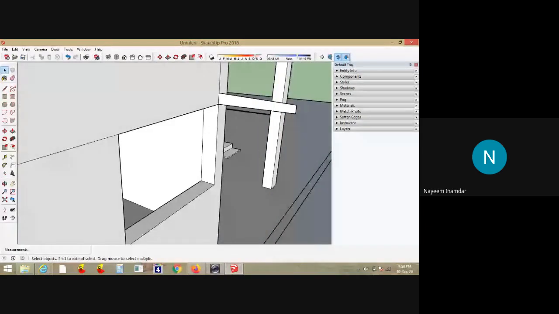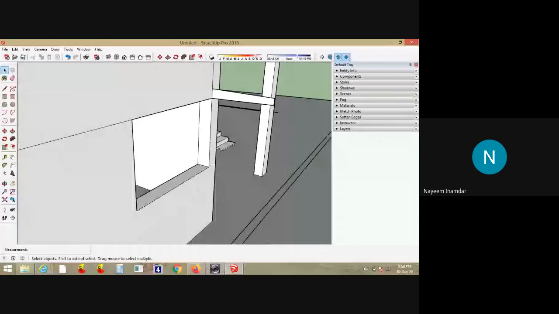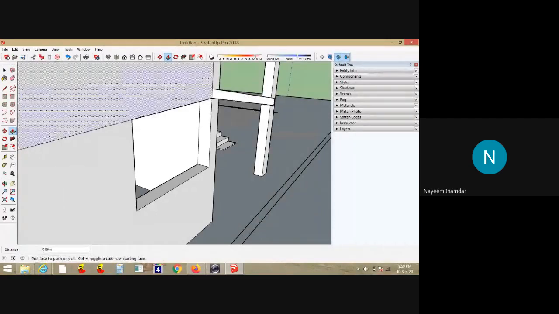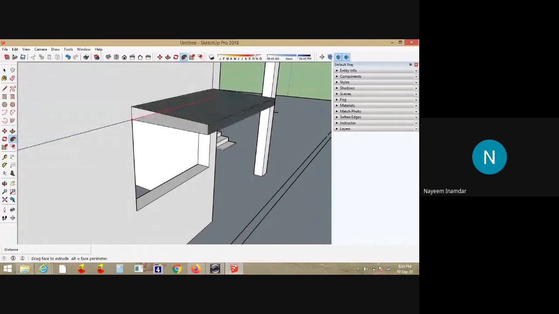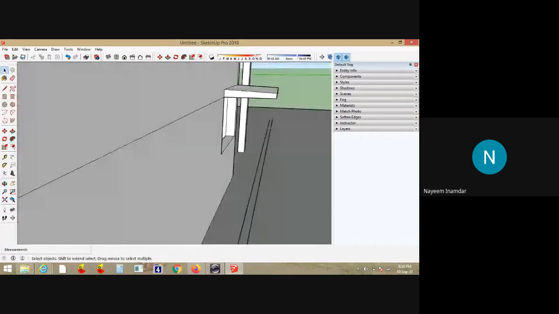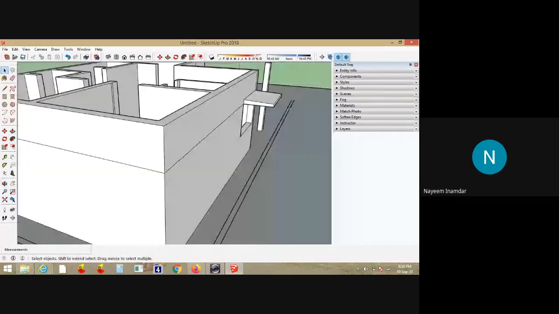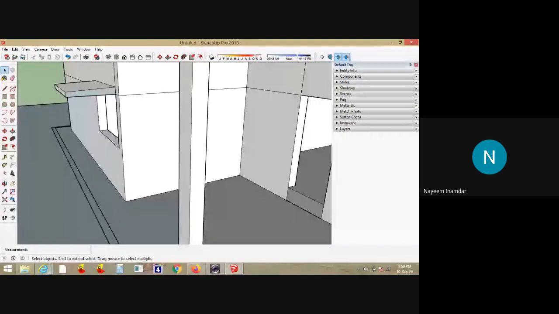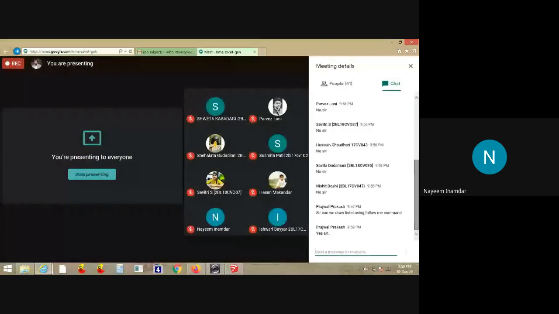Suppose this is the shape of the chajja here, you can do it either with the follow me command or with the push pull command. Both can be used. See, this is how you can make use of the follow me command or push pull command. This is the chajja. Is it clear, Prajwal? Okay.